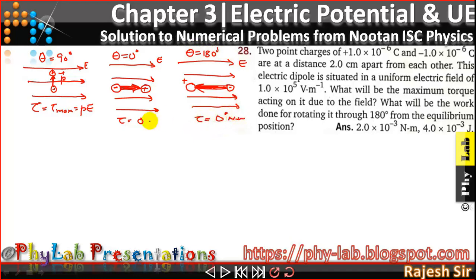Newton meter. So in this orientation, the torque experienced was maximum. In what orientation am I talking about? I am talking about an orientation in which theta is 90 degrees, while in these two positions the torque experienced is 0. Now whenever the torque is 0, the body then comes in rotational equilibrium.